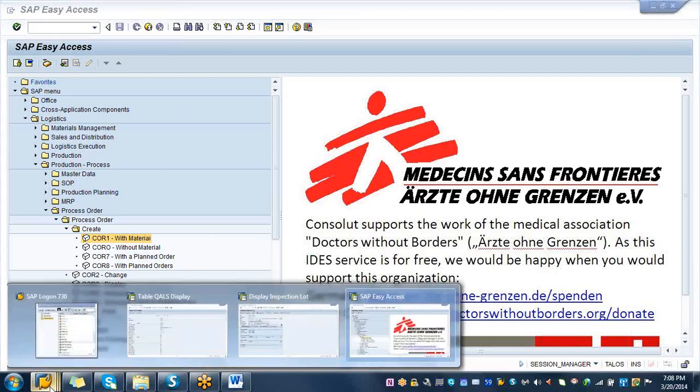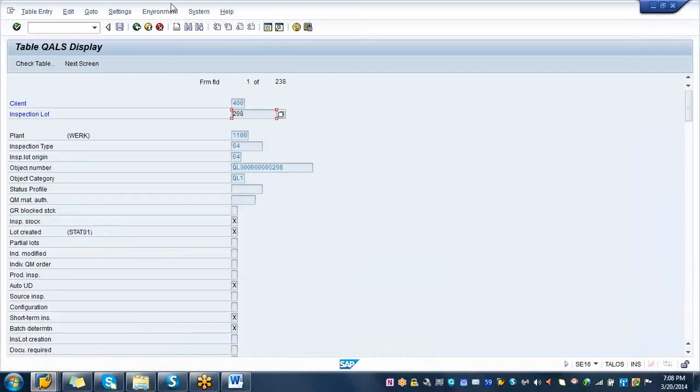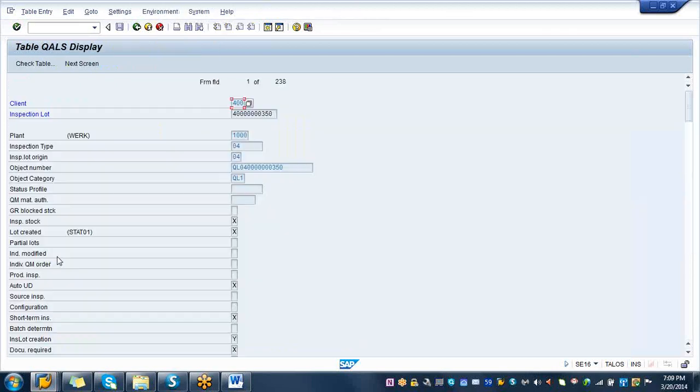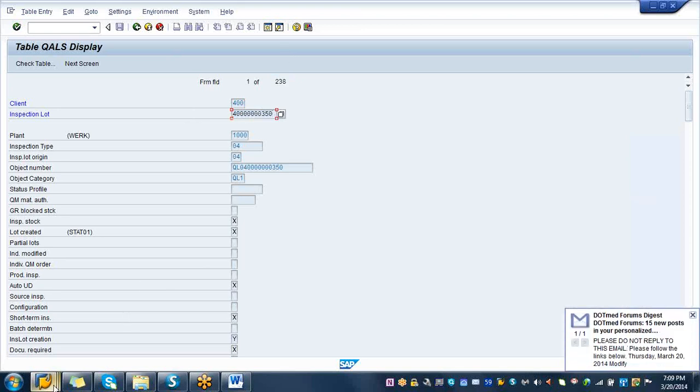So why don't we take a different one? We got a faulty one. Let's go and take a look at the other one. I have several materials here. We'll take this one, or this one. 4000 is the material, and let's go and take a look at the